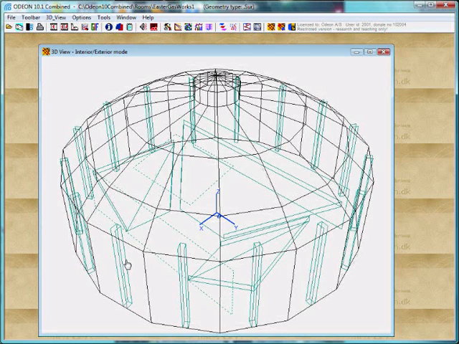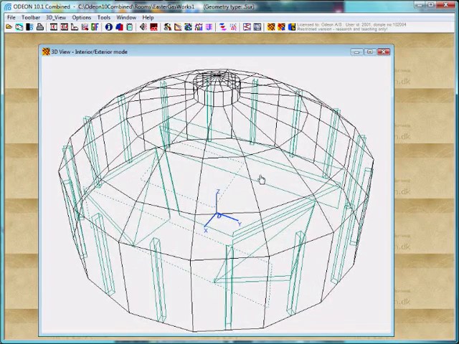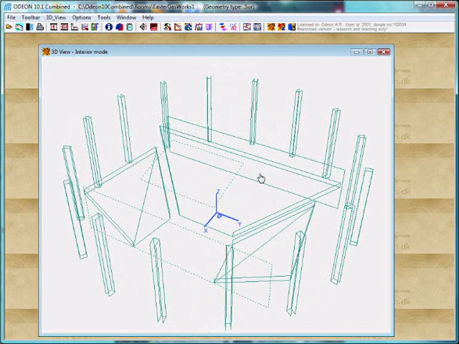Here is a model of a theater in which I will create a grid, a receiver grid. And you can see the theater is cylindrical, and if I do toggle, you can see these are the audience area where I will define the grid. So I go to the define grid